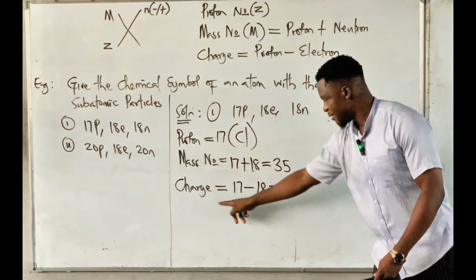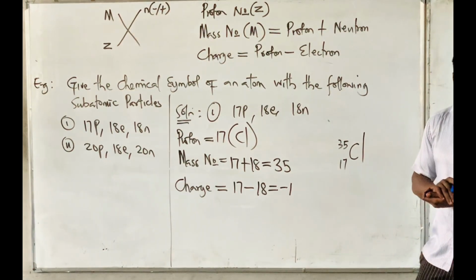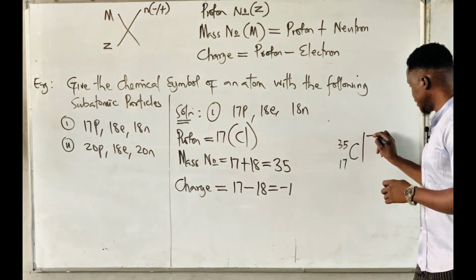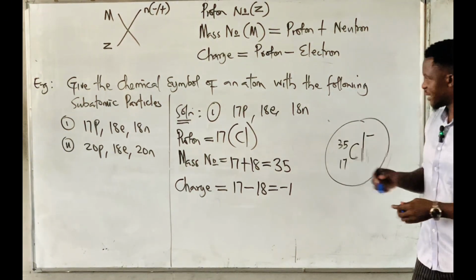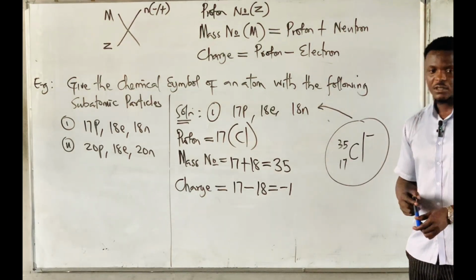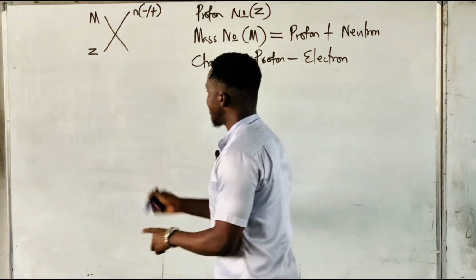What is the charge here? I'm going to put the charge at the right hand side, but I'm not going to put the 1. If it is 1 plus or minus, I'm just going to put the sign. So this is it. So this is a symbol for these subatomic particles. And it's just the opposite of what we did previously. As the next question was